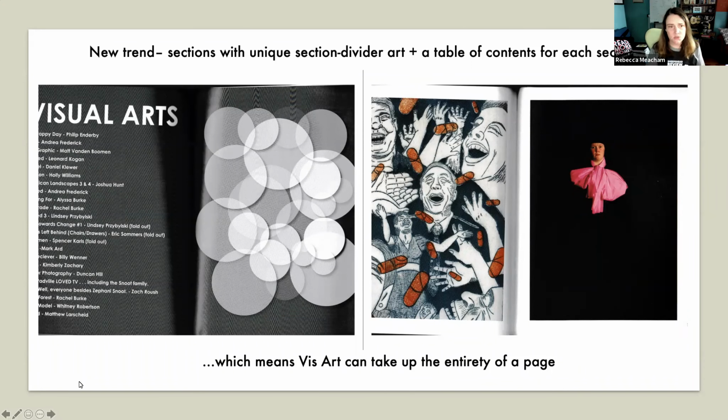And what that allowed us to do too is give these spreads, here's visual arts, now's even another way of kind of highlighting the graphic elements without it crowding out onto the pages. And it also allows the works to kind of take up the entirety of